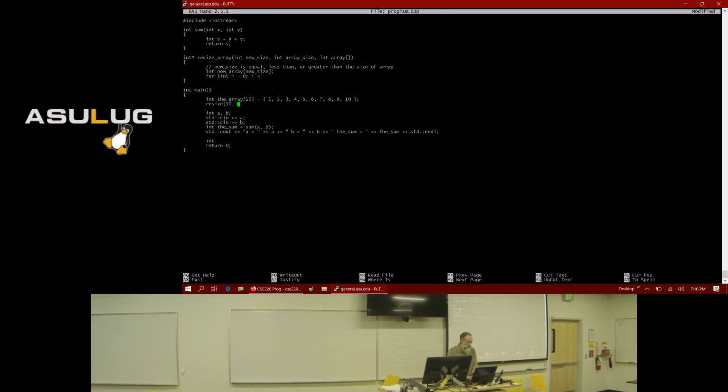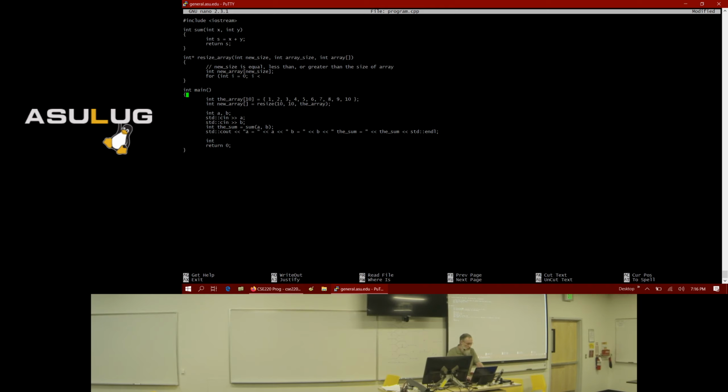Then the second argument would be the size of the existing array, which would be 10, and then the array I want to resize, which is the array. And this function is going to return a pointer to an int. So I think I can do this. I'm not sure. I'll have to try to build it. Oh, I need to say brackets here.